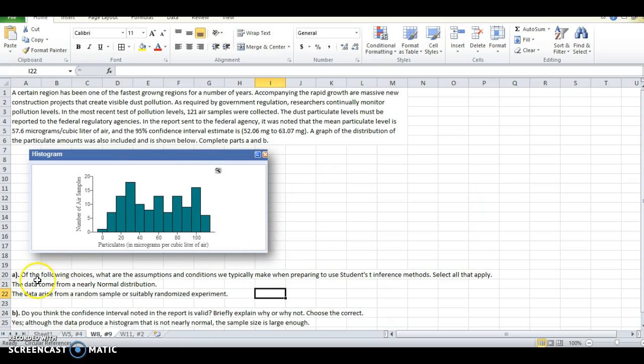So question A is, of the following choices, what are the assumptions and conditions we typically make when preparing to use the student's t-inference method? Out of the options that are available in the example, the two that are right are: the data comes from a nearly normal distribution, and the data arise from a random sample or suitably randomized experiment. Those assumptions are correct and accurate when we're talking about the 121 air samples collected,